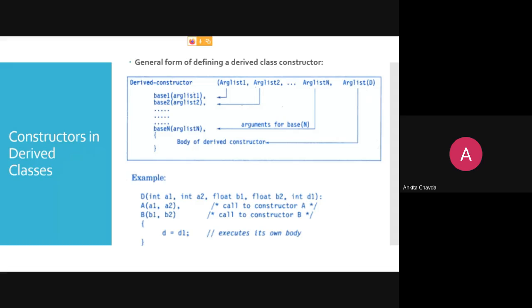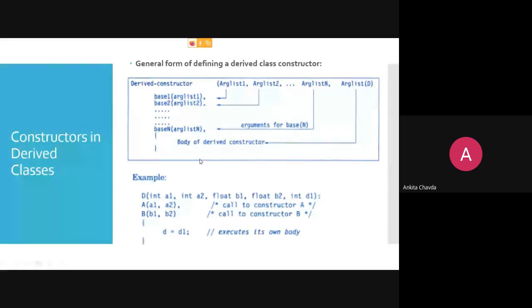This is the syntax and this is the example of how you can derive your constructor or how you can call that constructor. This is your derived class constructor. So you can write over here the class name of your derived class. Suppose that is D. D is your derived class. So I'm writing over here D. Then argument list 1, 2, 3 and so on. And finally you will be having your derived class constructor, which will be having its own argument. And then the body of the derived constructor. This is how it will be called.